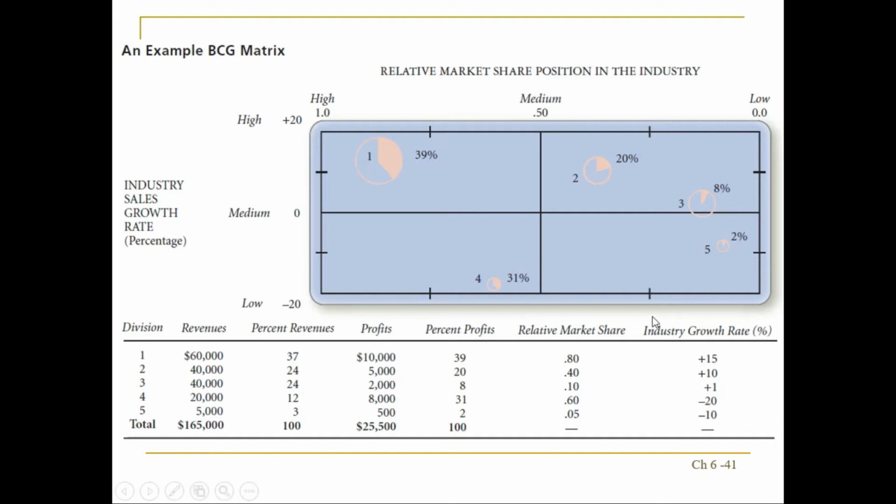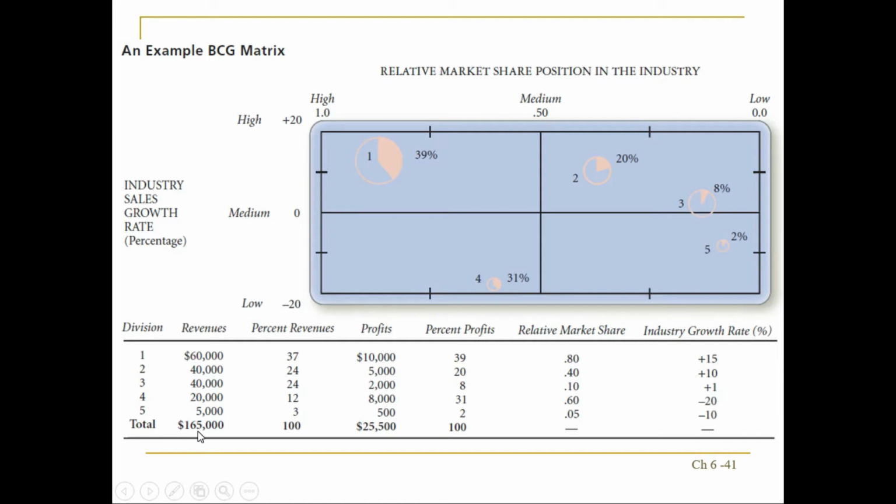Now what you need to do is have a complete record of data. You can see that the 5 divisions are placed from 1 to 5, and in the next column you are seeing the revenue. The revenue from each division is recorded here. The first division is carrying $60,000 as revenue, and the second division, or second firm, is carrying $40,000. The third one is $40,000, the fourth one is $20,000, and the last division is $5,000. So in total